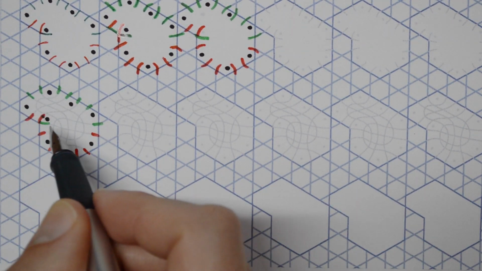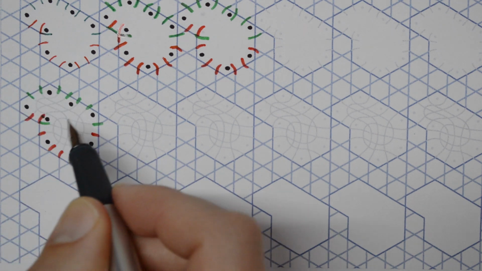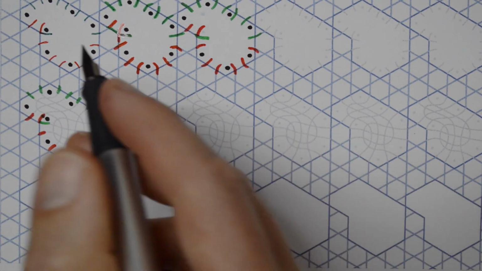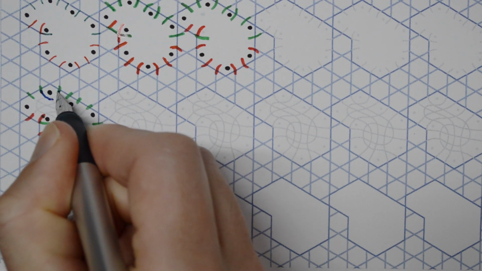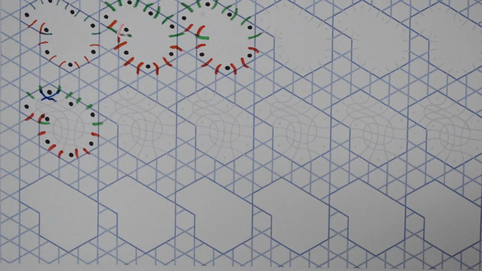Because the top part of this shape is based on the small snowflake, let's try the first variation and